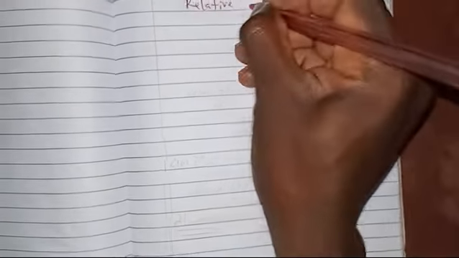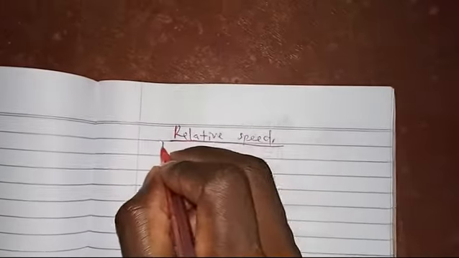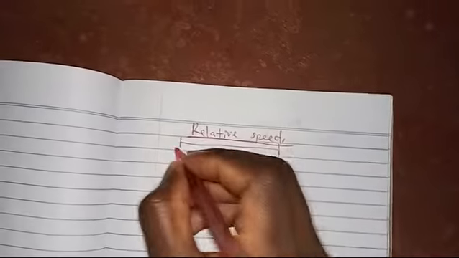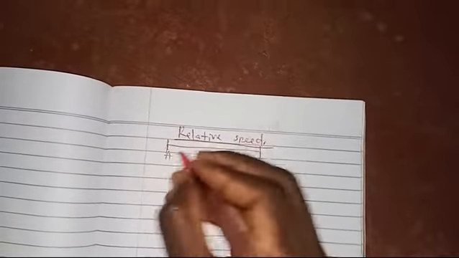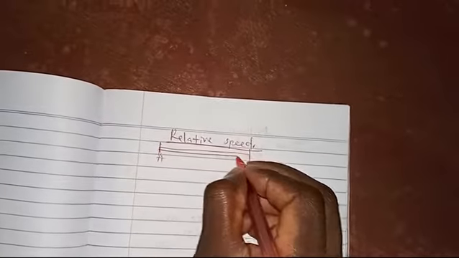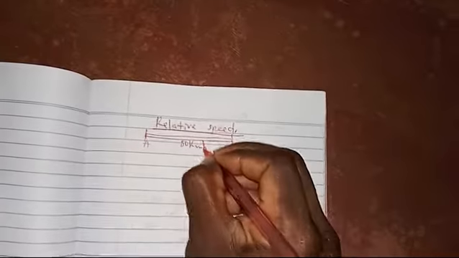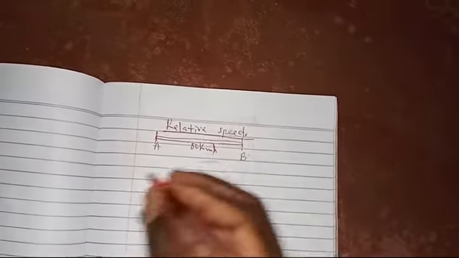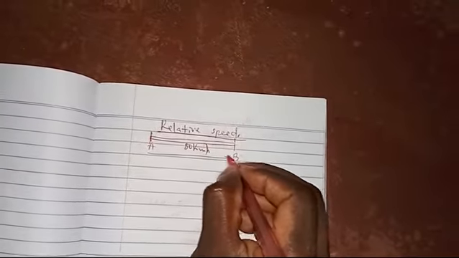Relative speed. So relative speed here, you have to look at the difference. Maybe we have two vehicles going from point A to point B. One vehicle was moving at a speed of maybe 80 kilometers per hour toward B, and the other vehicle was moving at, let's say, 100